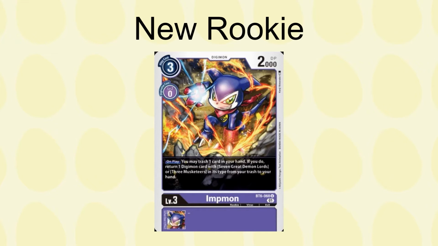Next up, we're going into Impmon. This is really the only rookie that caught my eye, but it has an on play. You may trash 1 card in your hand. If you do, return 1 Digimon card with 7 Great Demon Lords or 3 Musketeers in its type from your trash to your hand. Lilithmon is a 7 Great Demon Lords, so being able just to hard cast this for 3, get a Lilithmon from your trash into your hand is great,